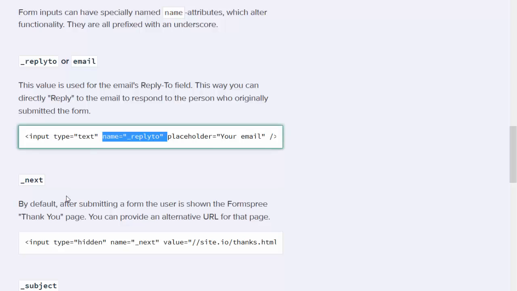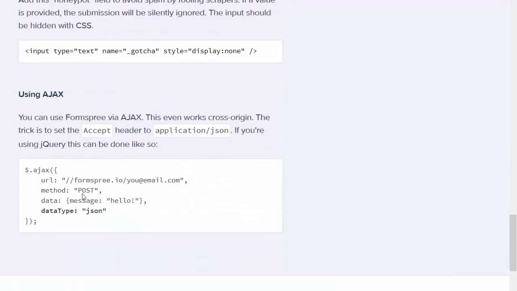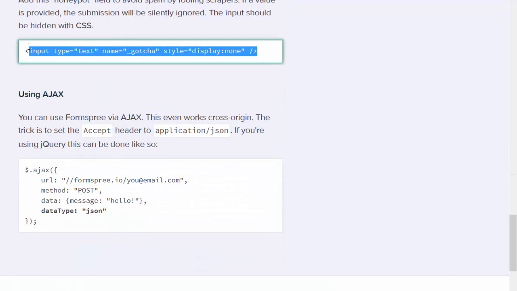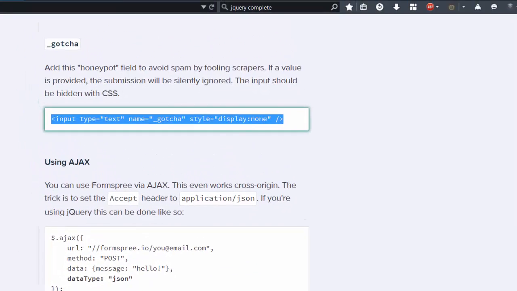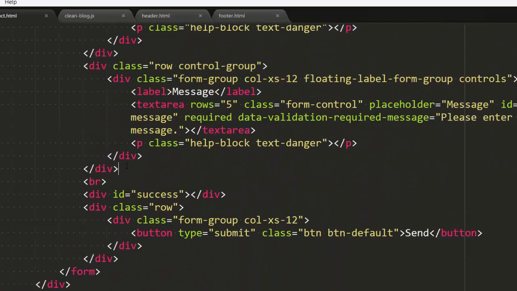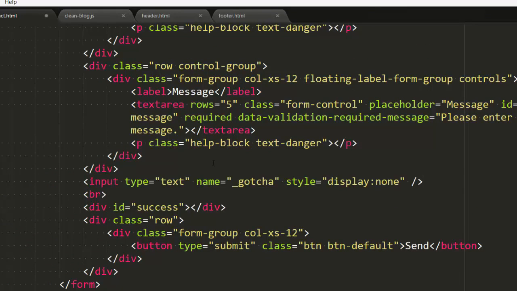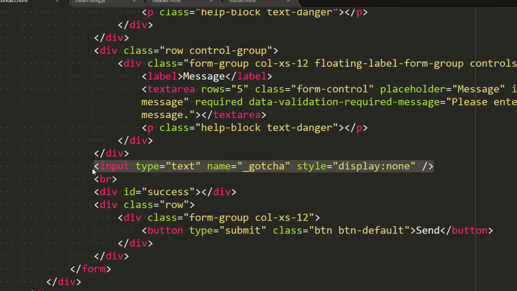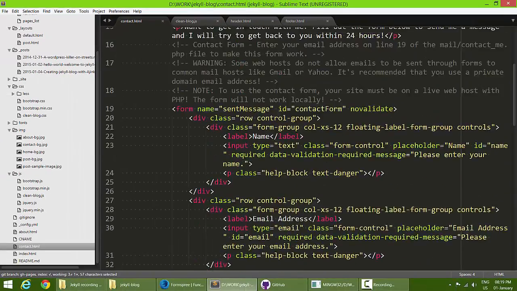As well, I'm going to add a hidden input field. Basically, it's not hidden, it's a type text input field, and we are going to hide that with inline CSS. Why are we doing this? Because if it's an email submission spamming bot, it will automatically fill this and we will get to know that it was a bot, and you will not receive any email in that case. So it's an easy spam protection tool, and that's it. We are good to go.